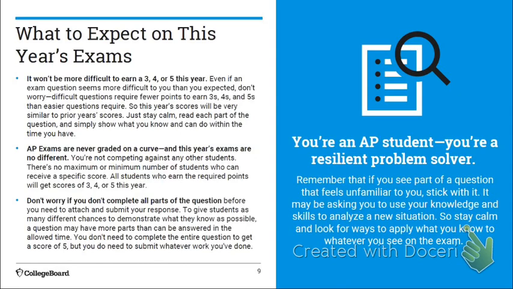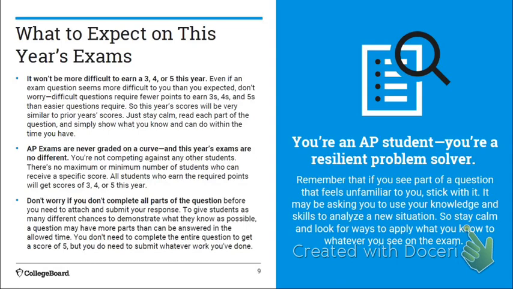For example, if a particular year's exam is much more difficult than in other previous years, then they will lower the cutoff for what is a 5, because apparently the kids are not scoring as well. So they don't call that a curve. I sort of do. They will look at how everybody does, and they will decide where the cutoffs are for 3, 4, and 5. So they will be fair. It's not going to be any more difficult to get a 3, 4, or 5 than it is any other year. Having said that, look at the third bullet point.